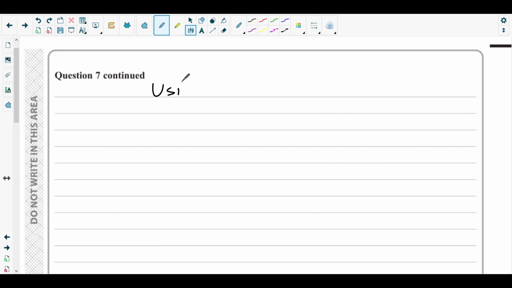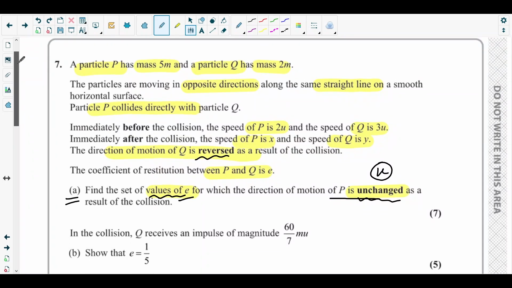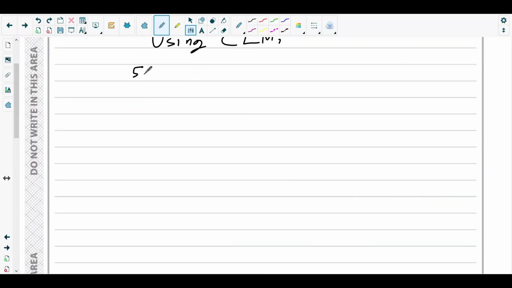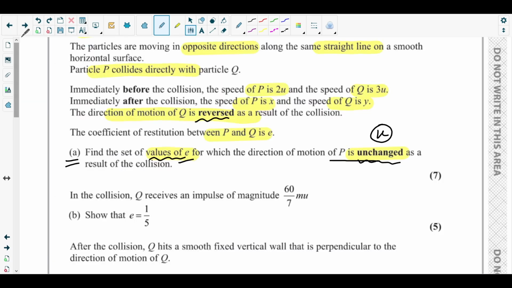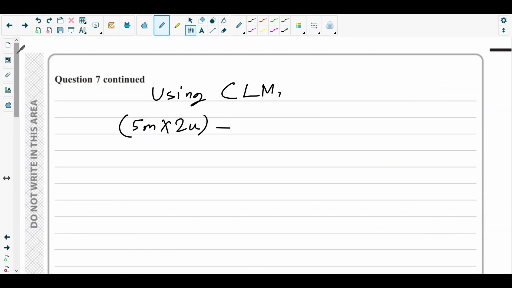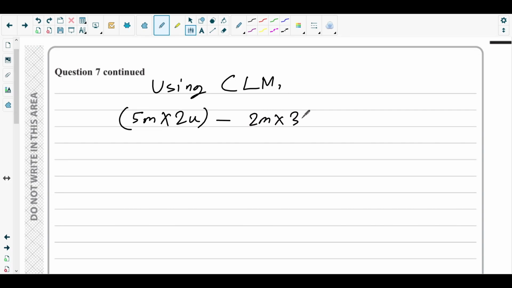So using the conservation law of momentum, CLM, we can use m1u1. Particle P has mass 5m. Particle Q has mass twice of m. So m1u1 is 5m times twice of u, minus, since we took the right direction as positive, minus 2m times 3u, equals 5mx plus